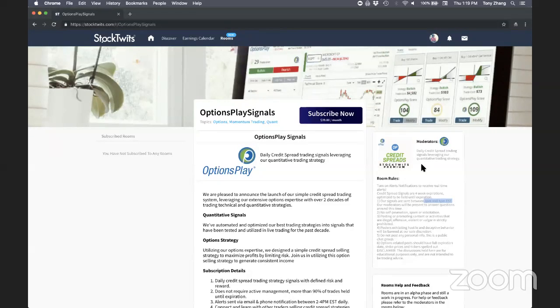Will there be a signal service in the future for debit spreads? Yes, like I said, we are in the process of researching that. We have some early promising results on that, but it's not quite ready for launch like it is for the credit spreads. But that is something that we are cognizant of, and we want to automate this as much as possible to generate as many signals that have back-tested results to show that they are profitable for you guys.